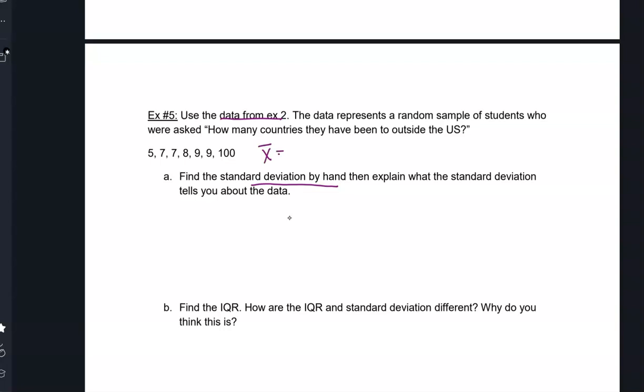So the first thing we need to do is find the mean. Remember x bar: if we did that by hand, we add them all together, 5 plus 7 plus 7 plus 8 plus 9 plus 9 plus 100, divided by 1, 2, 3, 4, 5, 6, 7 students. That gives us 20.714 countries. So on average, we're saying they visit about 20 countries, which, again, remember that 100 there. That's going to come into play a lot later,